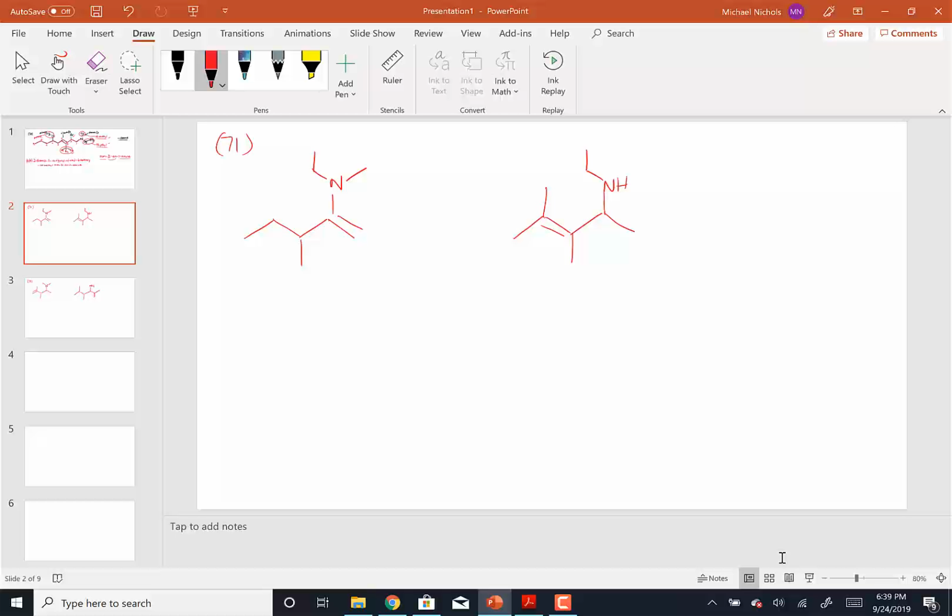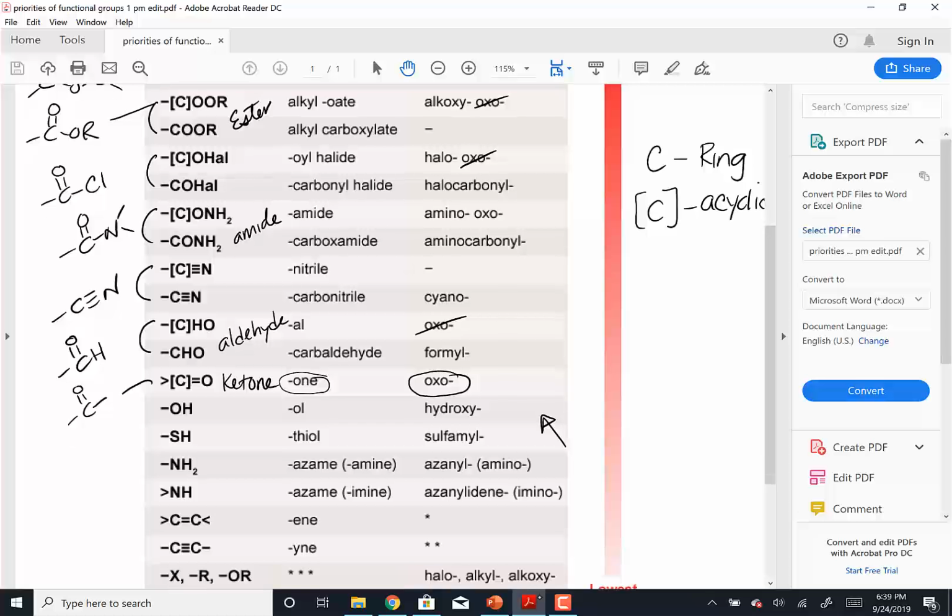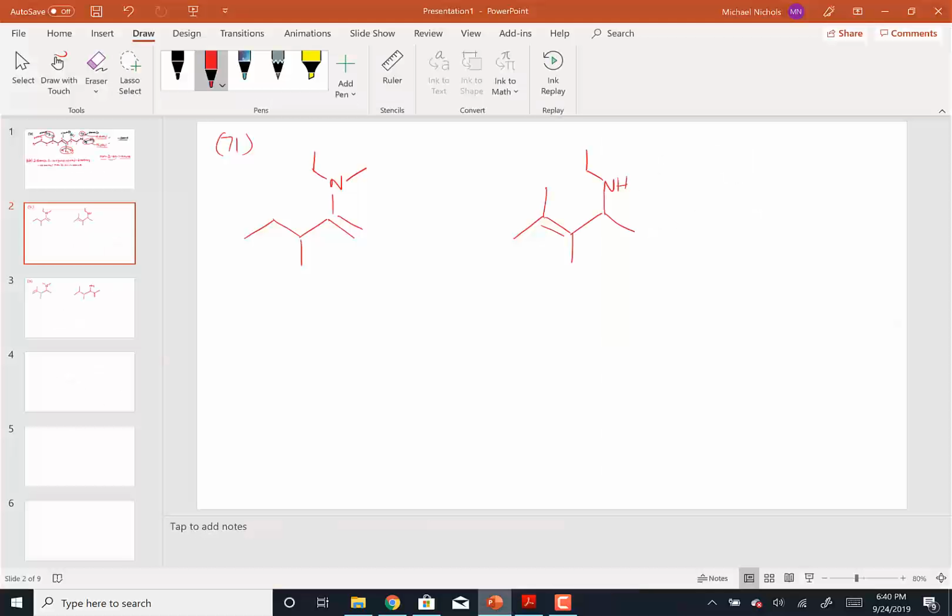So as we look at this molecule, I see an alkene and I see an amine. So I go to my chart, and my chart says that an amine has a higher priority than an alkene. So again, having that higher priority means that it will get preference in the numbering of the longest chain, and it will come at the end of the list of suffixes. So looking at this molecule then,